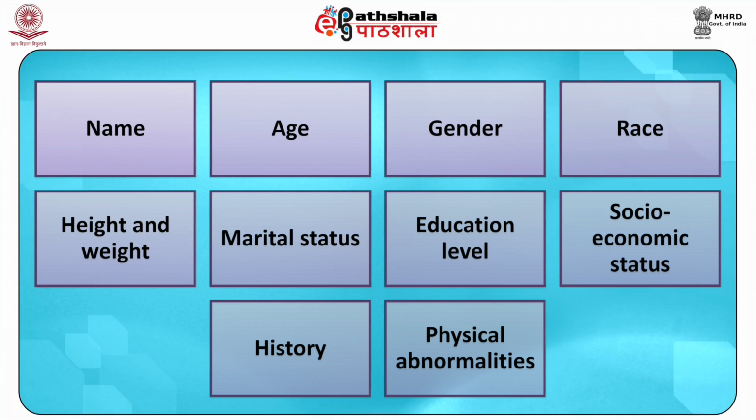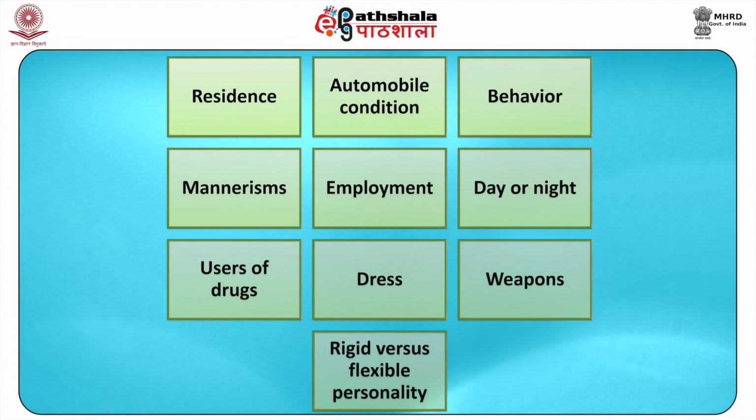At the other end of the spectrum is Gibbard, who provides an exhaustive list of those things that are believed or can be determined from the crime, including name, age, gender, race, height and weight, marital status, children, ages and sex, wife, pregnant and recent birth, education level, socio-economic status, history of and type of sexual problems, physical abnormalities and or defects such as acne, speech impediment, obese, walk with a limp, etc., residence, condition of living, etc., automobile, condition